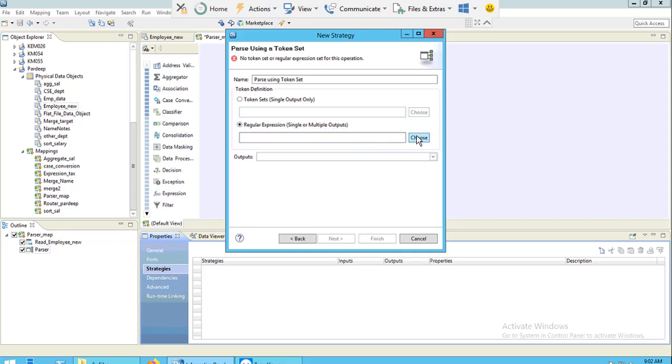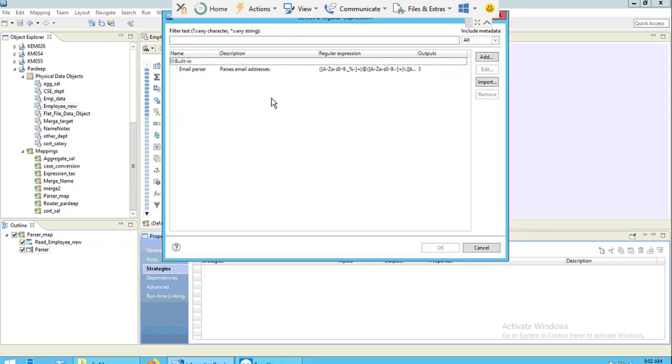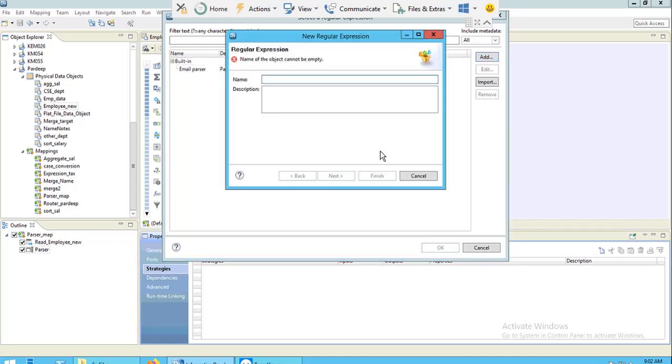Now you can see this is for email parsing. Now I can create my own regular expression also. I can click on add. Now basically, what is a regular expression? It is basically a special text string that is used for search patterns.